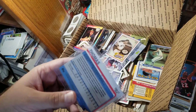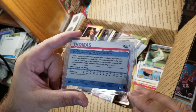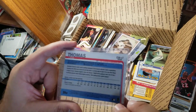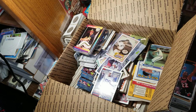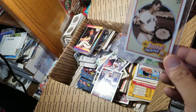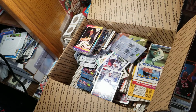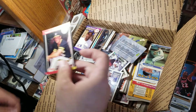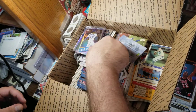I do not follow the Cardinals, other than the fact that I didn't like them for beating my Rangers in the 2011 World Series, so I don't know who that is. We've got one of the early 90s Ted Williams Baseball Heroes insert, so that's pretty interesting. A little bit of junk wax here, and then we've got this interesting,